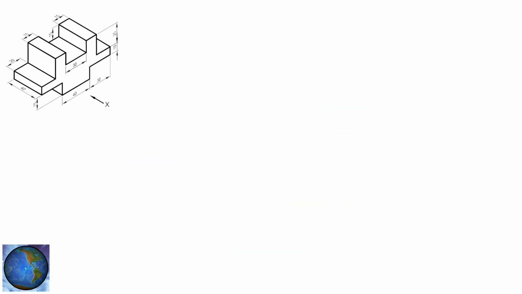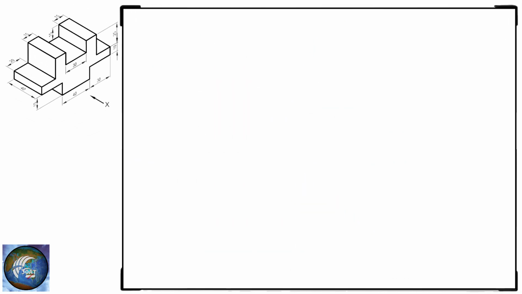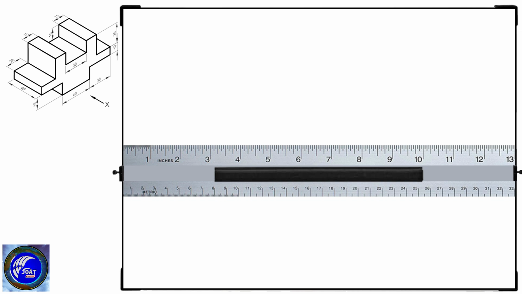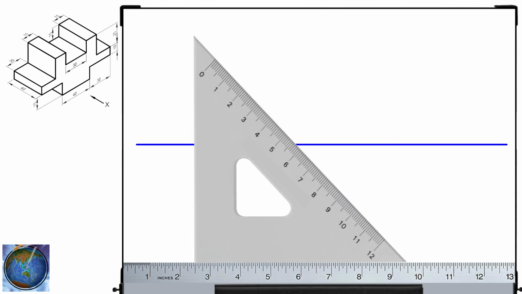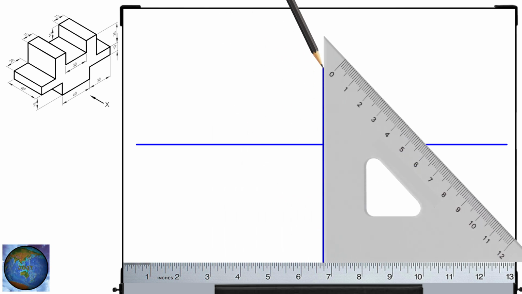Let us now begin the actual work, so get your drawing instruments, tools, and materials ready. First, draw the principal plane, the big plus. With the T-square, draw the horizontal line first. Next, draw the vertical line using the T-square in conjunction with the set square, so that it intersects the horizontal